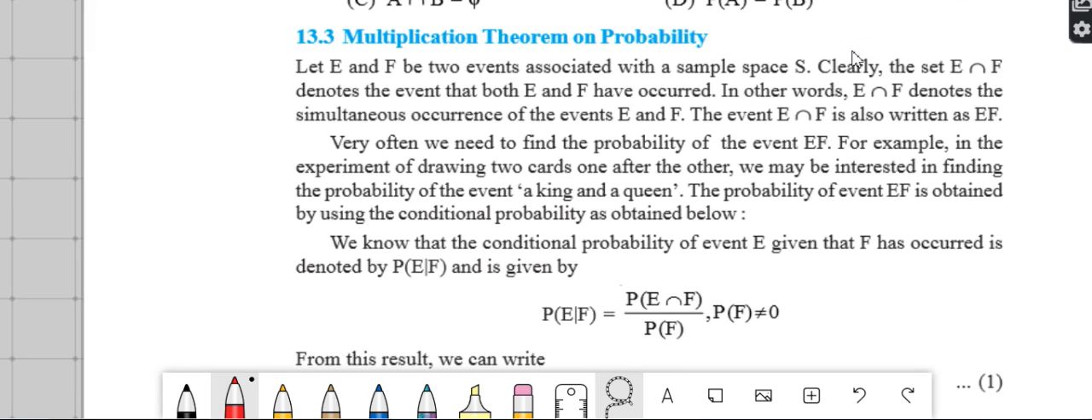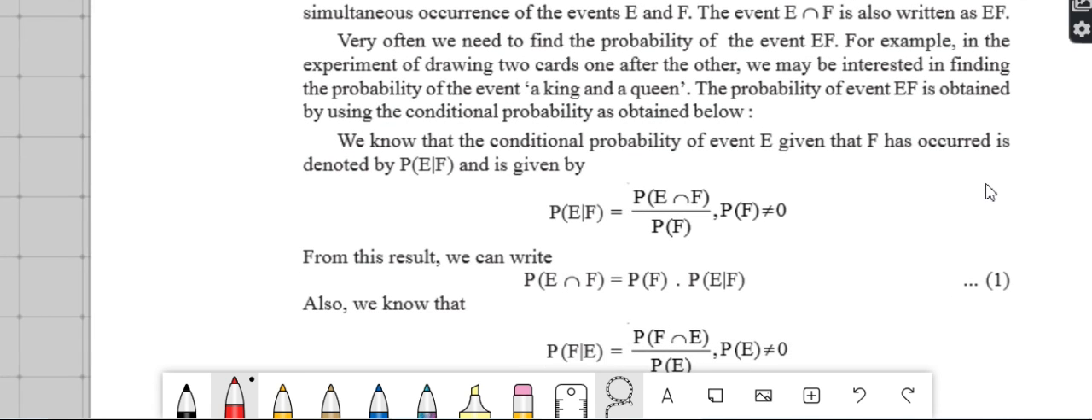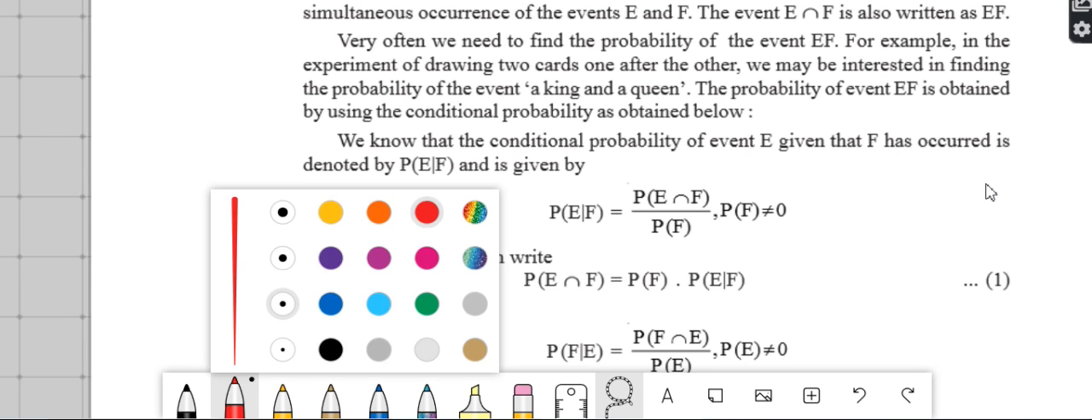We will talk about the multiplication theorem of probability. Now, what is a multiplication theorem? You are familiar with conditional probability. The multiplication theorem is nothing new, but in a